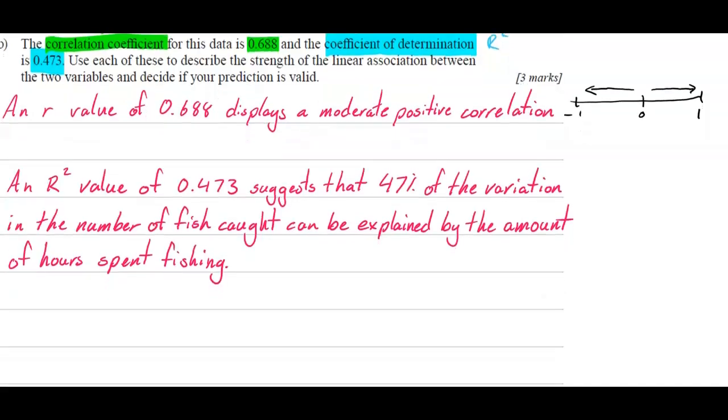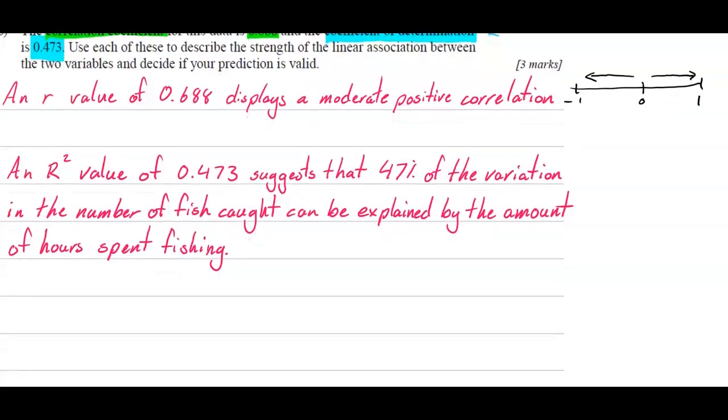And last but not least, we need to decide whether the prediction is valid. Well, if you have a look at that information, it's moderate, okay? So 0.688 is a moderate strength. That's kind of good. And an R squared value of 0.473, look, it's not too bad, but it all comes down to